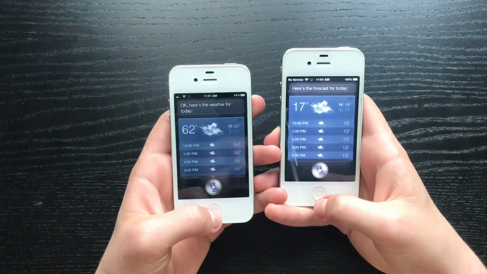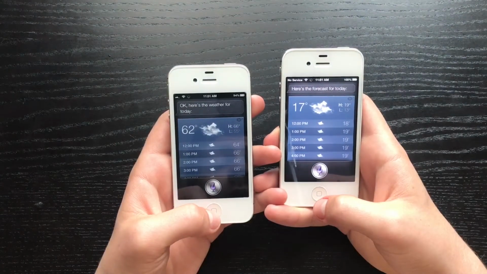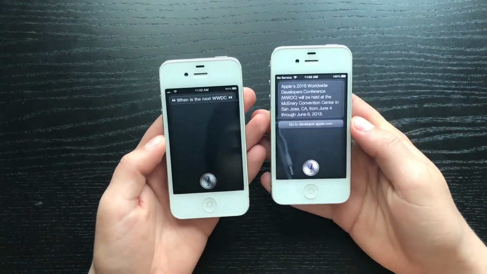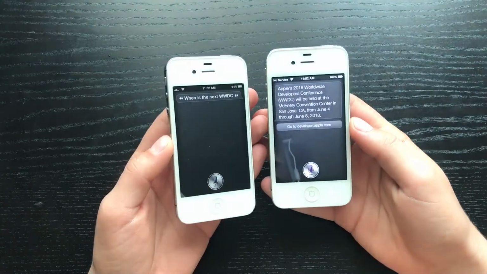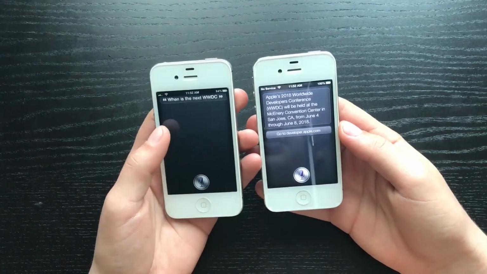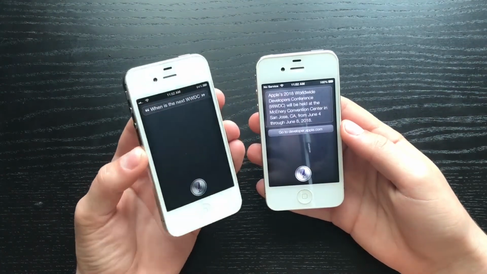When is the next WWDC? Apple's 2018 Worldwide Developers Conference will be held at the McEnery Convention Center in San Jose, California, from June 4th through June 8th. So it seems that iOS 5 actually did not want to respond to this question, unless, of course,